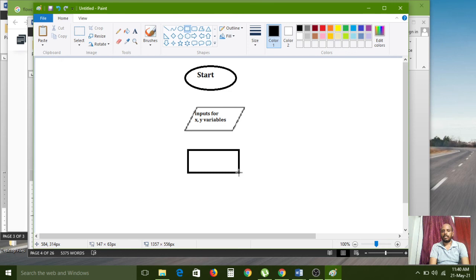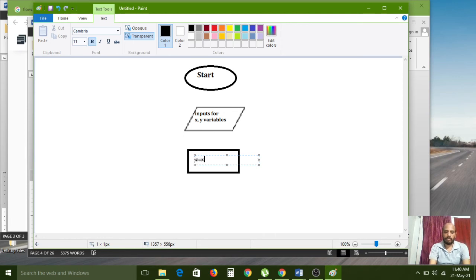For that, the rectangular symbol we can use. In this, we can simply use z equal to x plus y. Z equal to x plus y we are using.